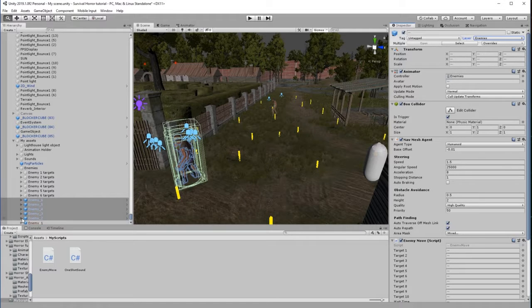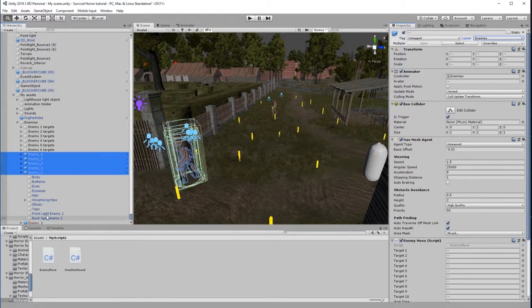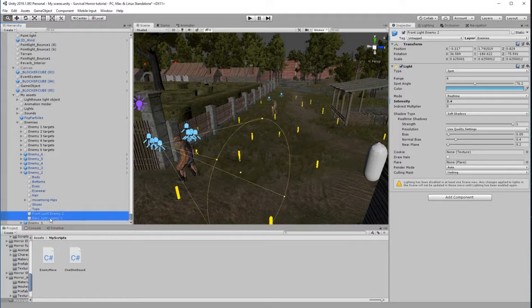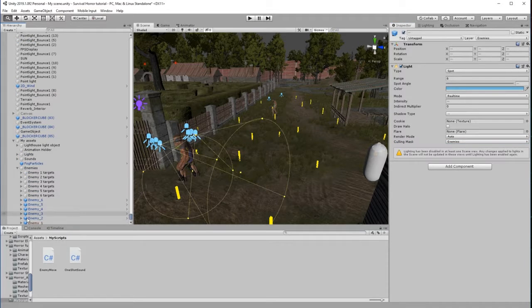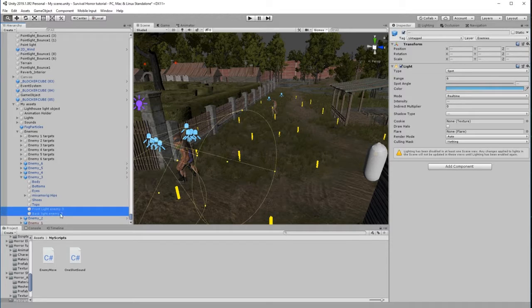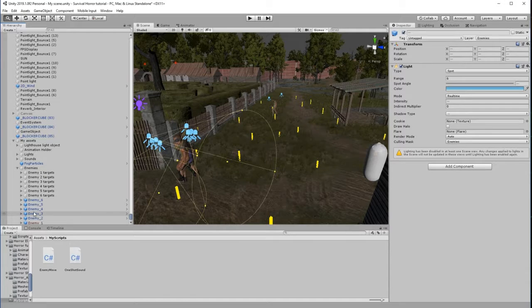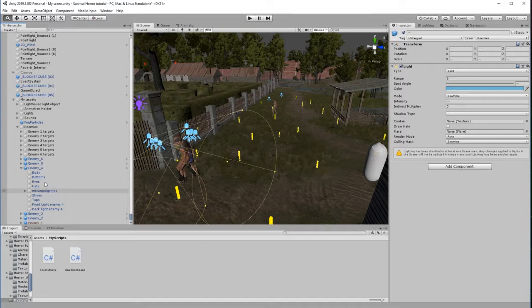And if I now open Enemy 2 and we take a look at the actual lights themselves, both lights, we can find out that the culling mask is currently set to nothing. So we do have to make sure that that is set to enemies. Alright, and you'll need to do that on each of the enemy characters. So just make sure that's done in order that they are actually illuminated and don't just appear really dark. Okay, so do that for the characters, and then your assignment for this next part is to actually attach weapons